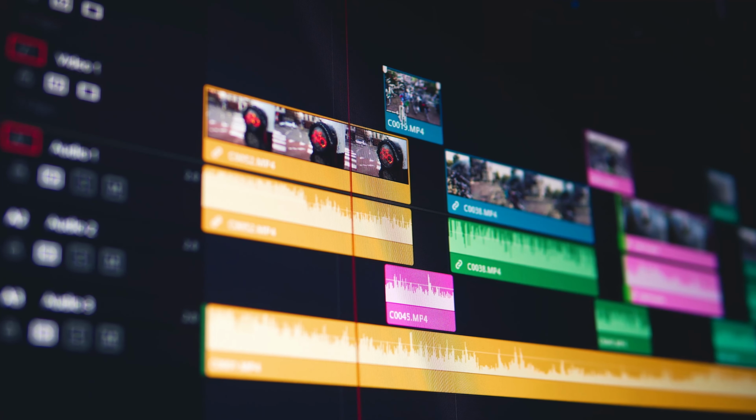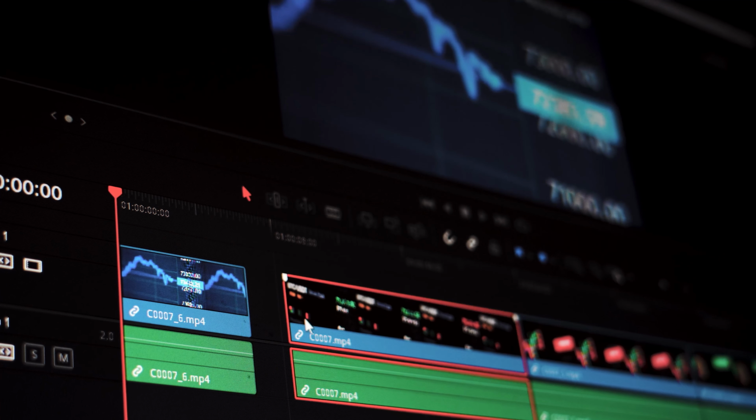If you're spending too much time cutting silences, fixing mistakes, or cleaning up long recordings, Gling AI is one of the fastest ways to streamline that process without sacrificing control. It handles the boring cleanup automatically, but still lets you fine-tune pacing, wording, and structure so your videos sound natural